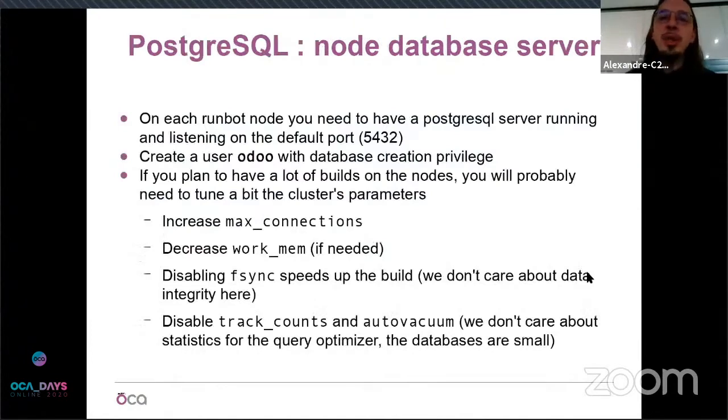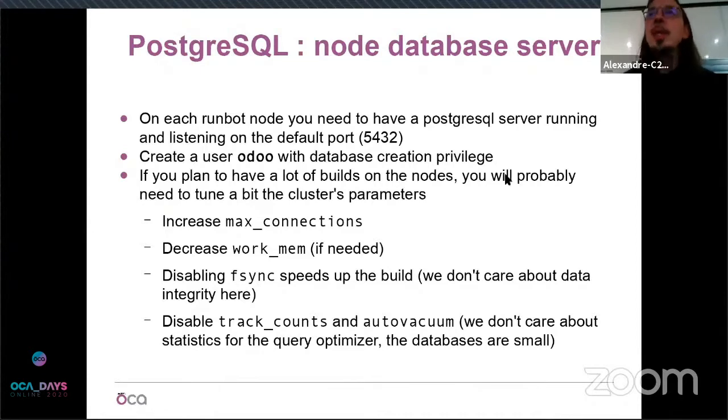Then on each node, I need to do the setup again. For the nodes, we need to have a PostgreSQL cluster listening on the default port, so 5432. On that cluster, I want to have a user called Odoo, and this user must be able to create a new database. That's the bare minimum. If you're planning to use this for a non-demo, you will need some tuning of